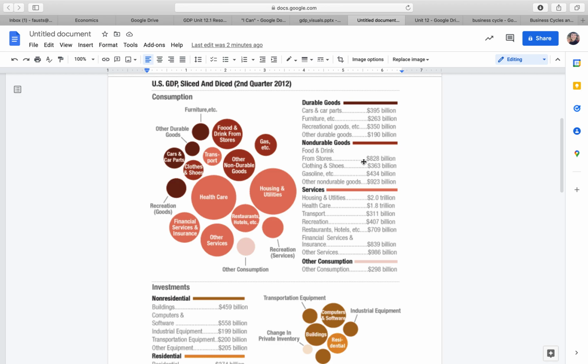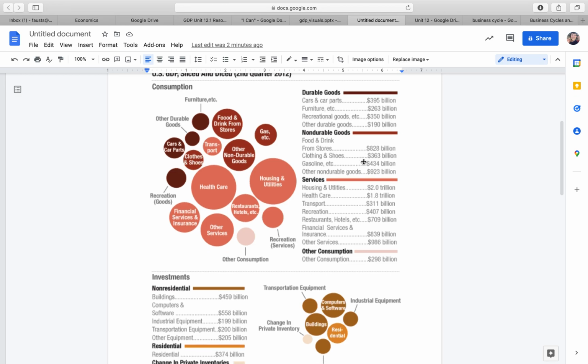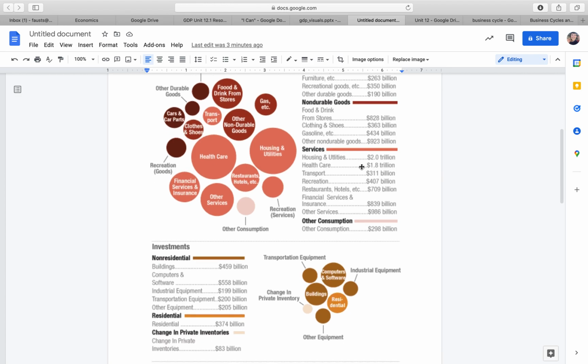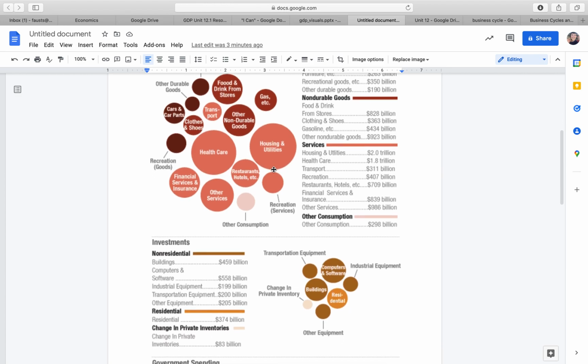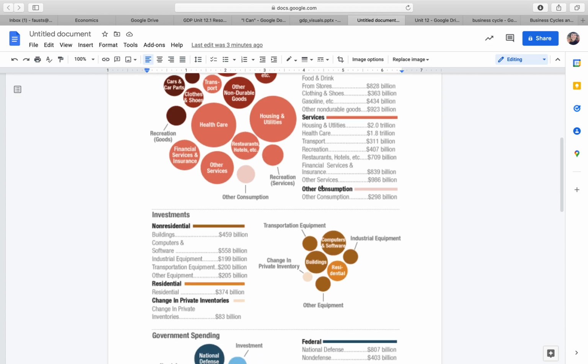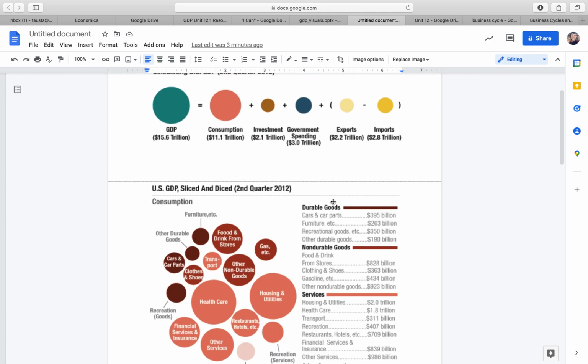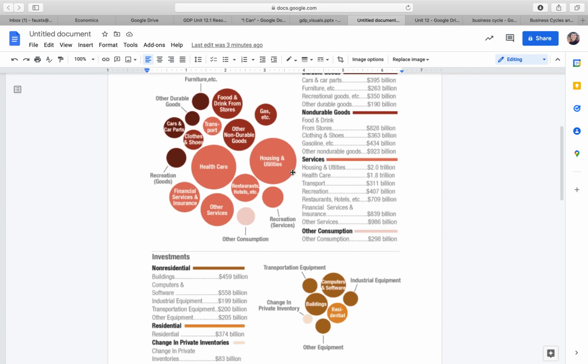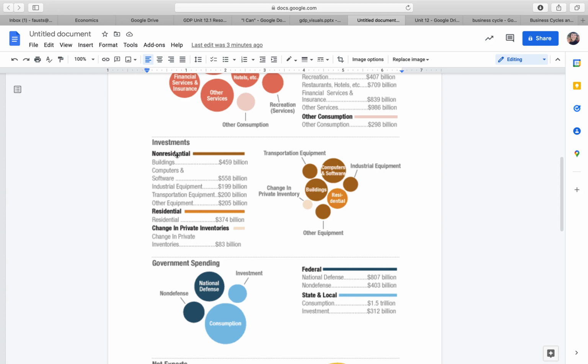Non-durable consumer spending: food, drinks from stores, clothing and shoes, gas, and other things that are very consumable and don't last very long. We're going to add services: housing and utilities, healthcare, transport, recreation, restaurants, financial services, and any other things that consumers spend. That second component right here, business investment: buildings, computers, software, industrial equipment, transportation, other equipment, residential,